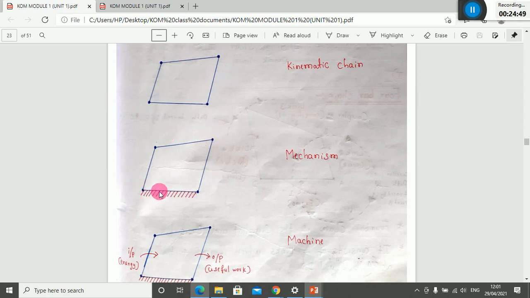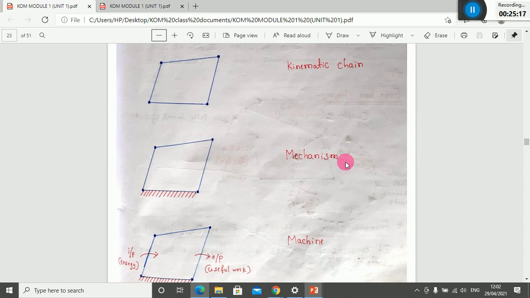Correct. So when you're forming a group of kinematic pairs, it is called a kinematic chain, but there is no link fixed. But it is impossible to leave it as it is. If you want to transfer any force from one point to another point, if you want to transfer any energy from one point to another point, any one link has to be fixed. Then only you can call it a mechanism.